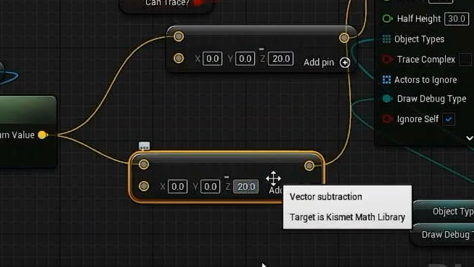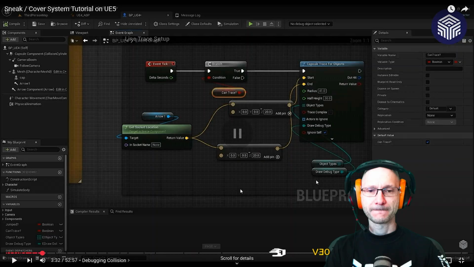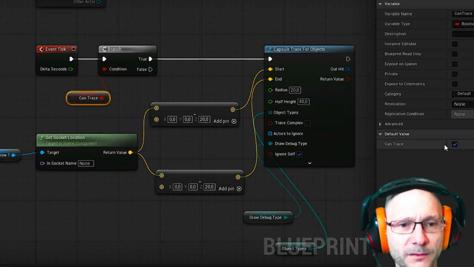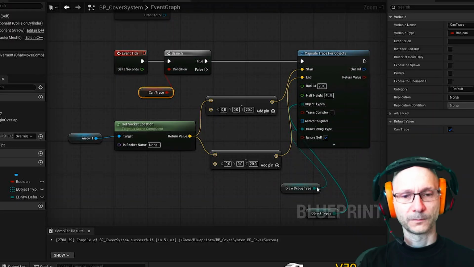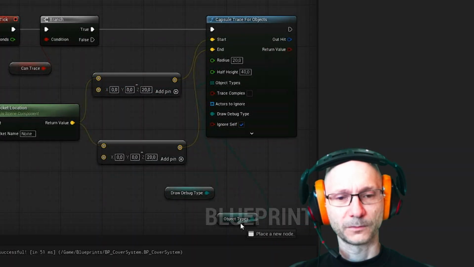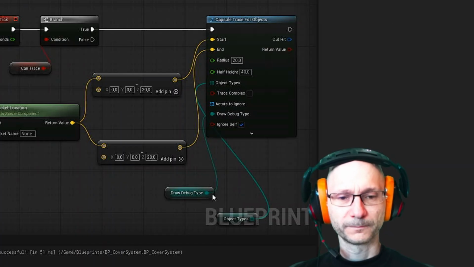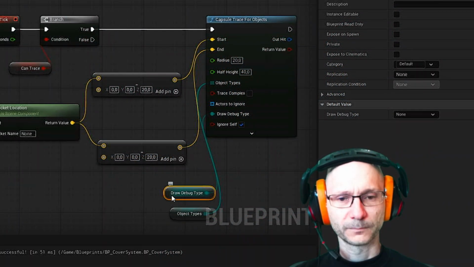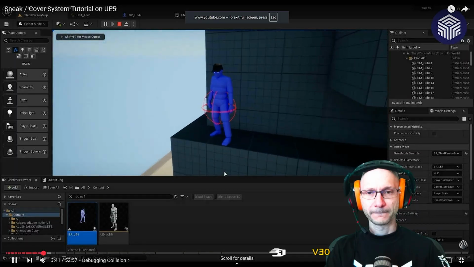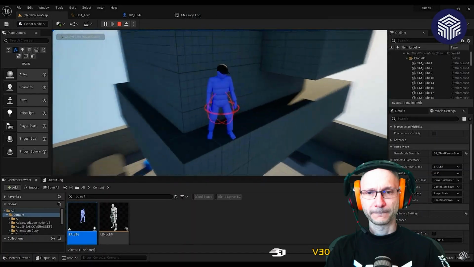At least that's the way I did it. What we have selected: the trace, default value. Yes. Draw debug type, okay. I want it for one frame. So now you can see the line trace, sorry, the capsule trace.